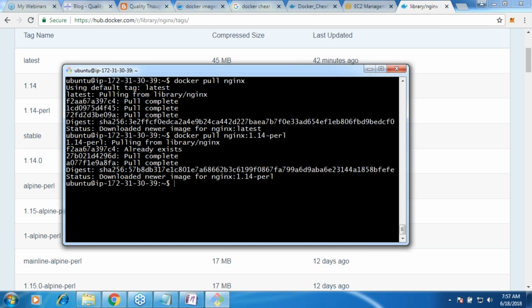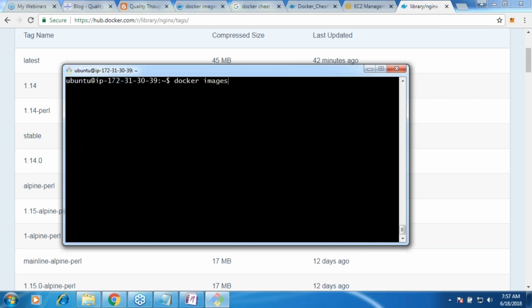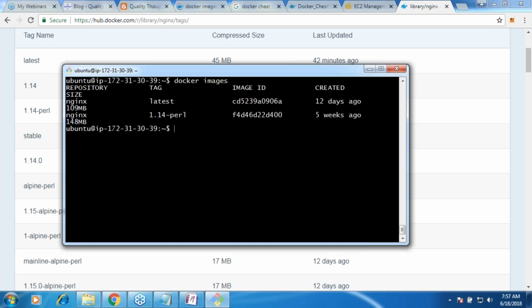Now let me do docker images. So what are you seeing? The image name is the same for both. The tag, for one it is latest, the other one is 1.14. How about the image ID? Different, right? Now let me pull one more image.